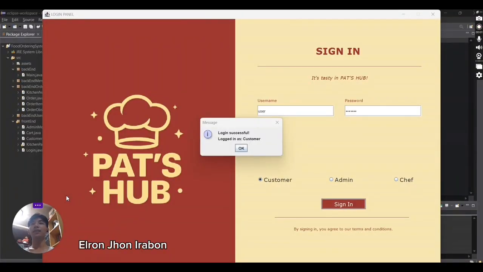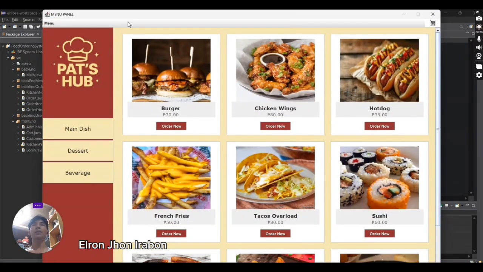Hello everyone, greetings. I'm Elrob Jan Irabon, and I will be the one explaining the customer and cart panel of our system. After we successfully sign in as a user or as a customer, we can now proceed to the menu panel. As a customer, we want to buy something that we are craving. For example, I'm the customer and I'm craving some food. But first, I will explain to you